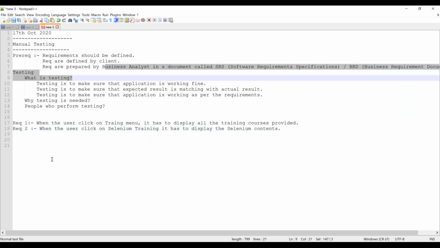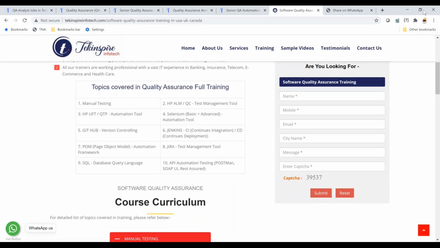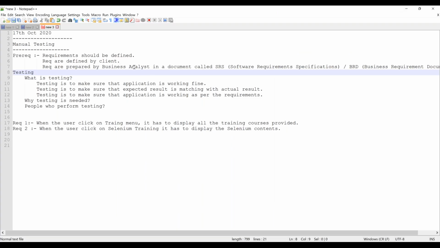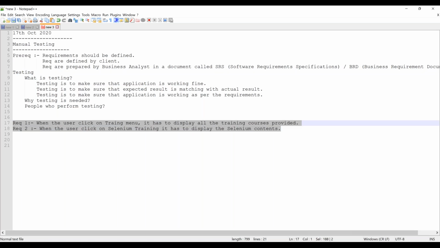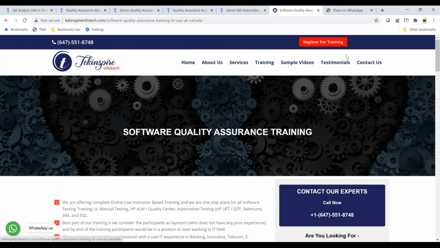Okay, because I am the client. So Naresh is calling somebody from a company who develops applications, and I am giving that requirement to him, these two requirements, and I am asking to develop an application for these two. So he will build this software. He will give this software to me. Now I am going to check whether my software is working fine, because I have a very small company. I don't have a separate team to do the testing. Client itself is doing the testing.